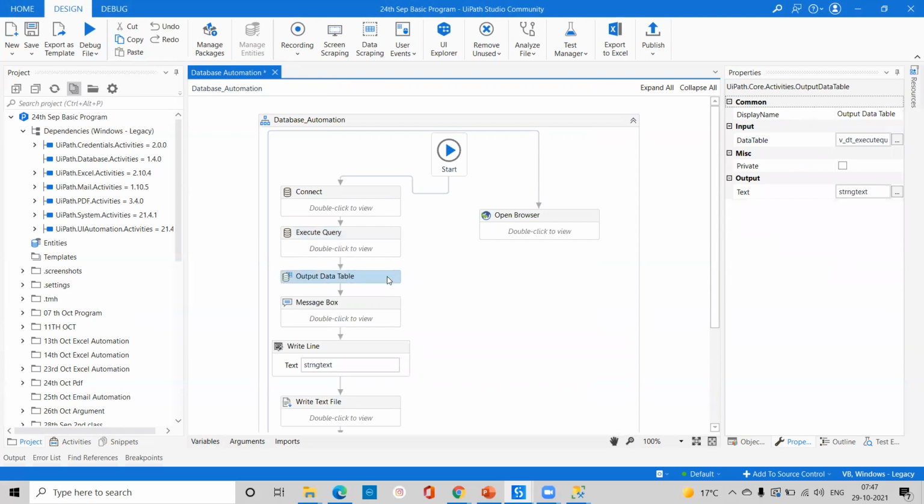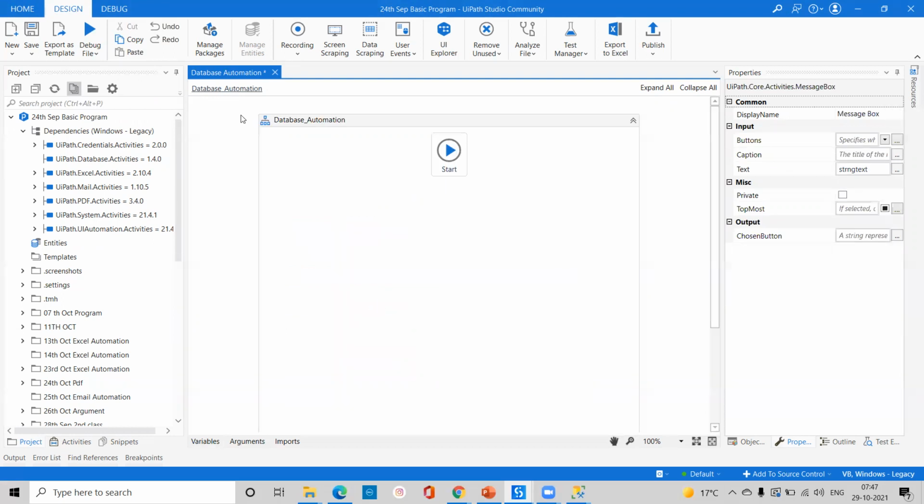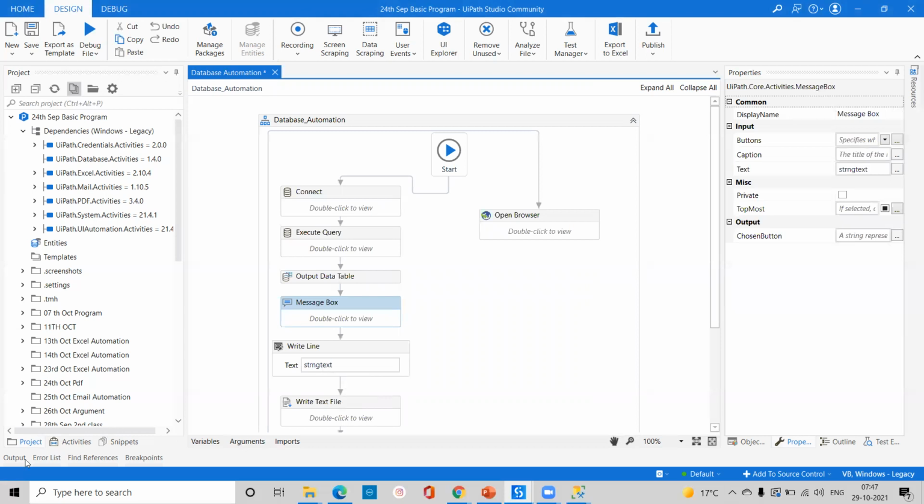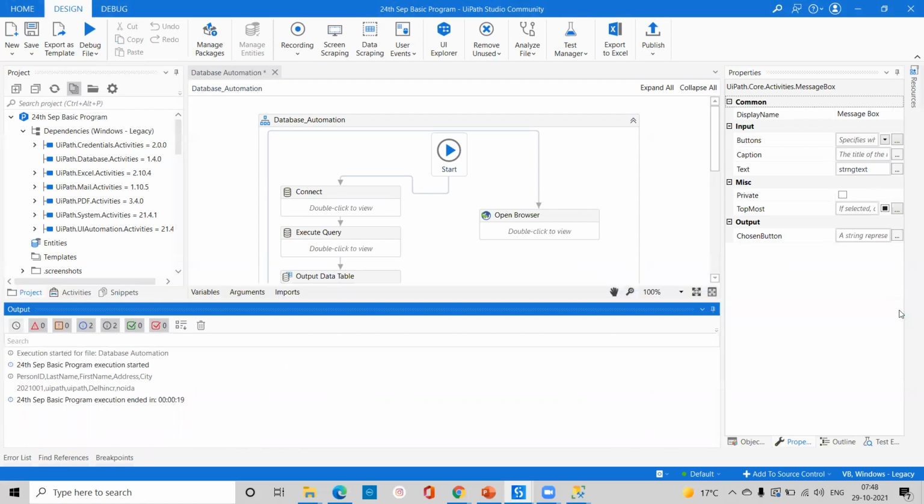Output data table is specifically for converting data from your data table to string. So you pass your input as a data table, and after that we have converted this into one text file, and after that we have taken this message box. So in the message box we are going to display the string text. After that we have passed this write line, so using this write line we are getting the output in the output panel here, and after that we have used